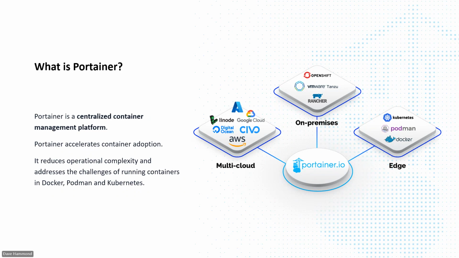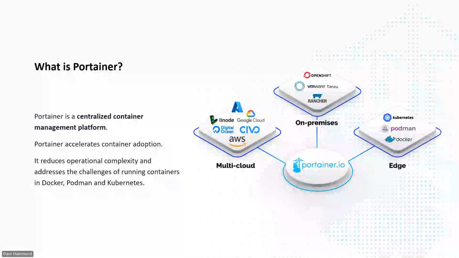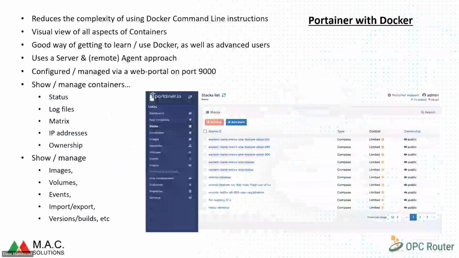applications for enterprise solutions. So OPC Router, for example, is an application that is a middleware, and it's used in different locations in production facilities. And if you get to the point where you have to manage not only one or two applications in a container, but let's say 30 or 60 and even more, you need a management platform for that. So on the next slide, there are some bullet points